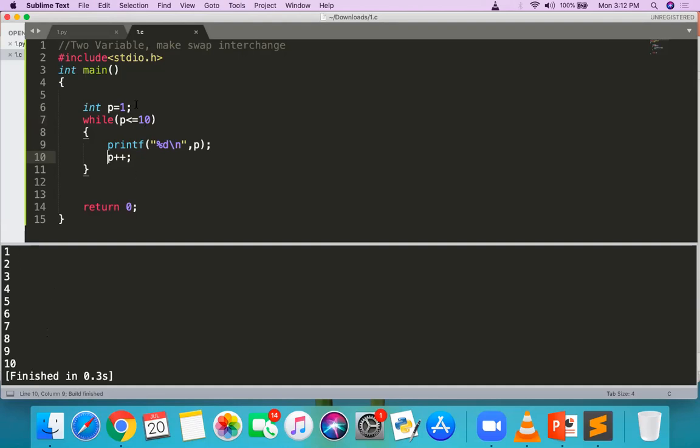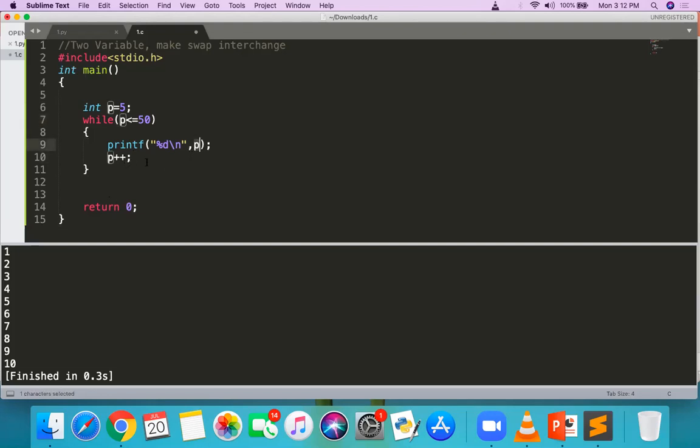Got it? Okay. So I want to print the table of 5. The 5 table, you know. Firstly, the starting value is 5, and the last value is less than or equal to 50. 5 gets printed.